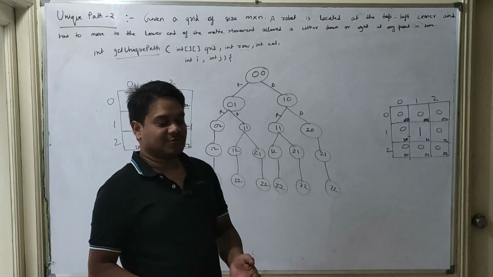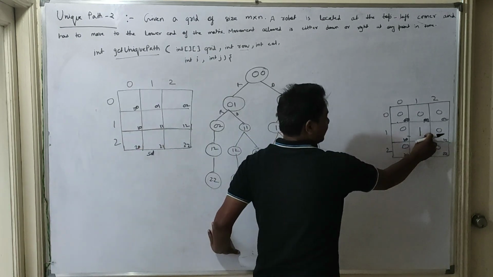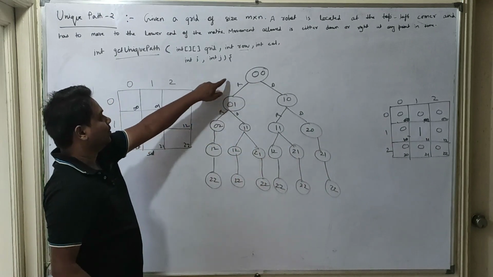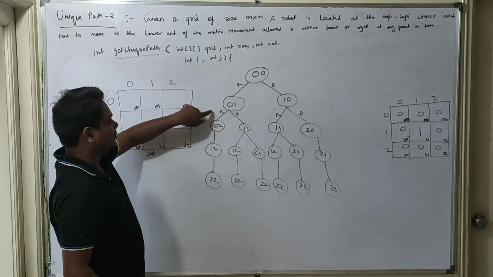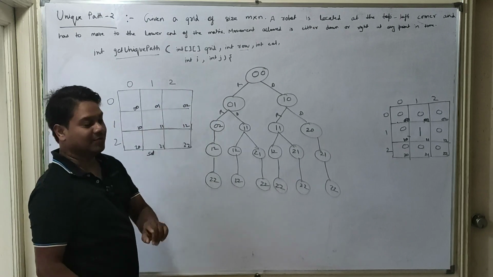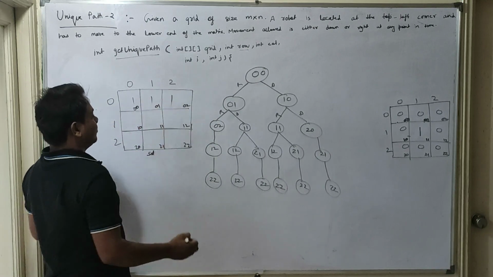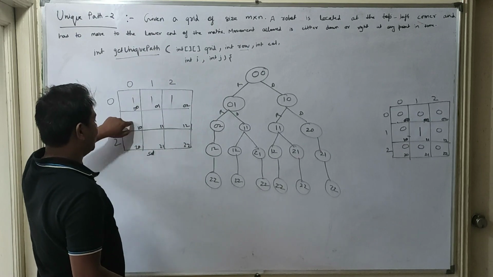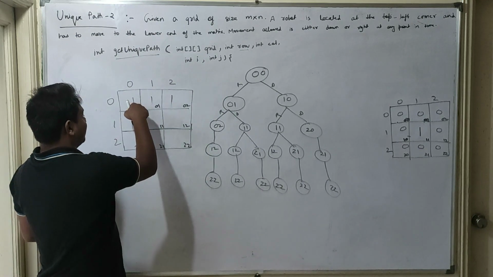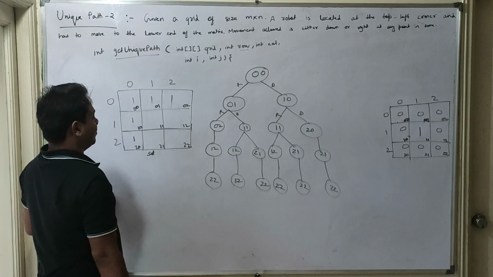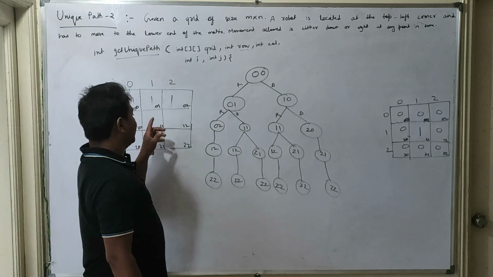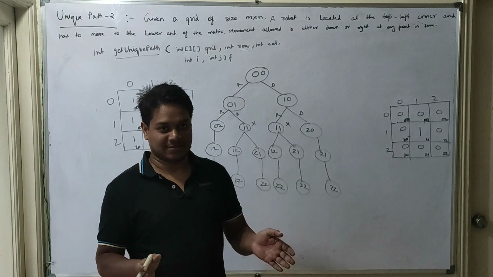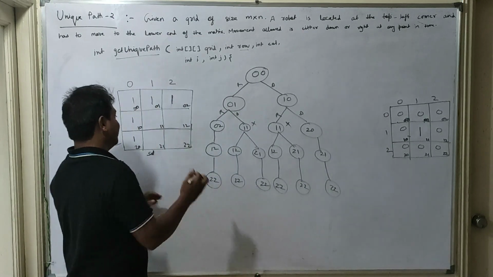Now if we are having an obstacle, that obstacle is at 1 1. Again, to reach from 0 0 to 0 1 to 0 2 we are having only one possible way. Now to reach from 0 0 to 1 0 there is only one possible way. From 0 0 to 2 0 is also one possible way. Since we cannot move to 1 1, there is no possible path over there, so we'll store 0 in that case.